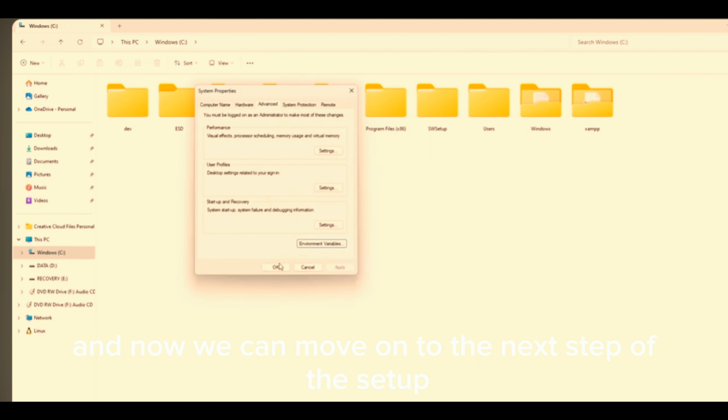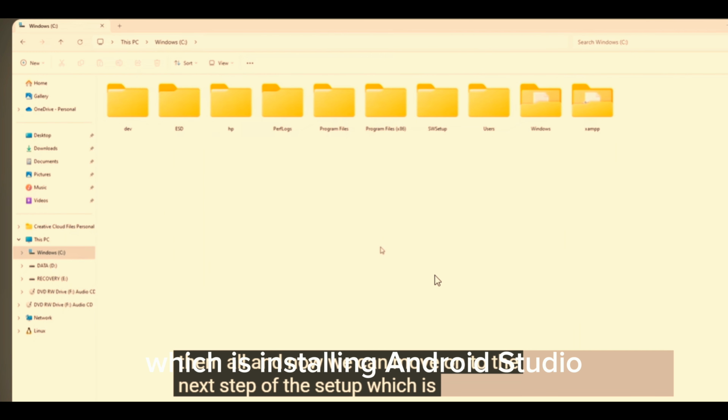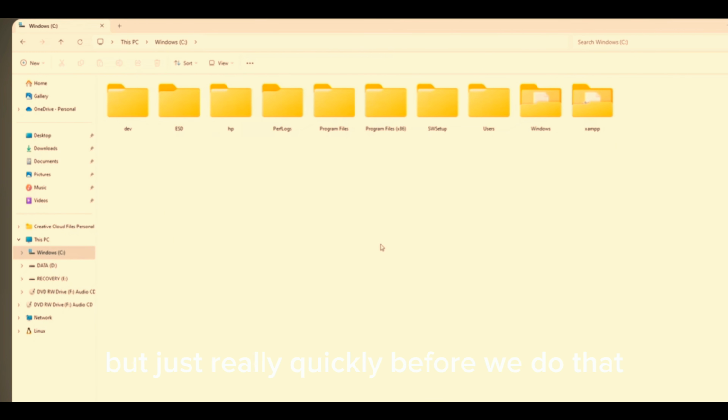And now we can move on to the next step of the setup, which is installing Android Studio. But just really quickly before we do that, if you close down any currently open terminals first of all, and then open